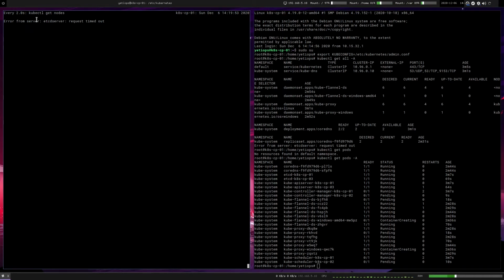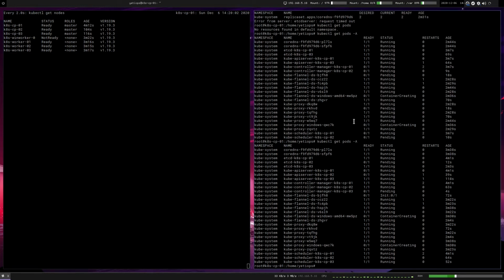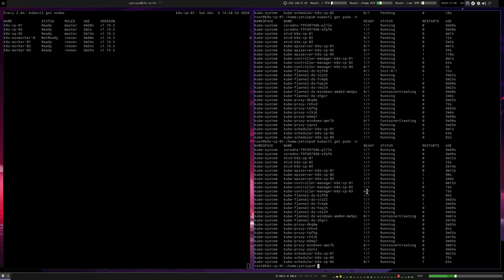So this looks like the other node has just come up. There we go. So now we have all of our control plane nodes as ready. If we just do a get pods again. Yes. As we can see here, we're now waiting for the control manager, still waiting to come up. So looks like when it says it's ready, it's still not entirely ready. But we get in there. And then, as we can see here, this has been going for 3 minutes now, and it's still container creating. The same with the Windows one